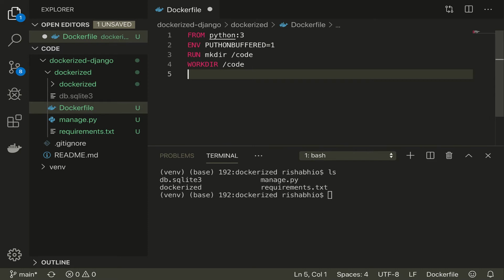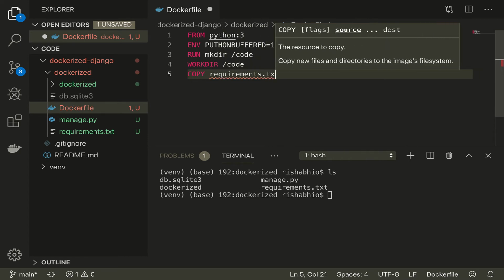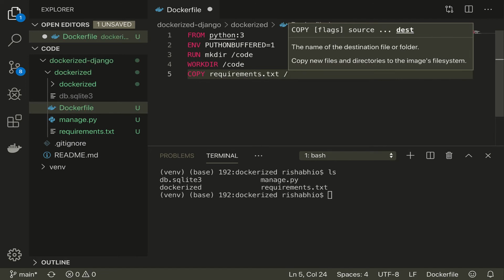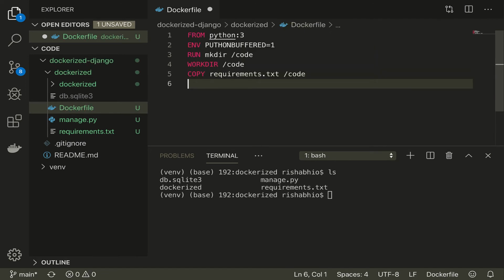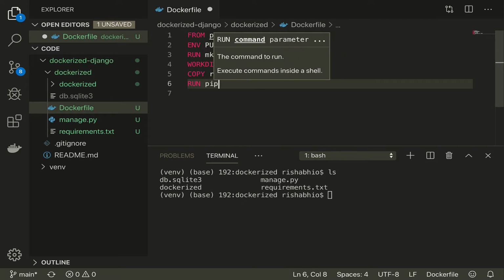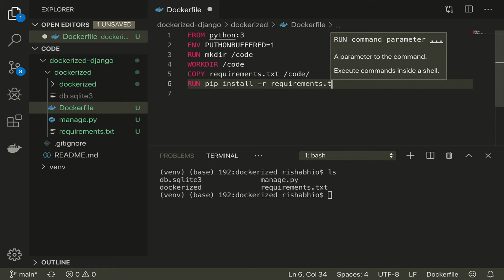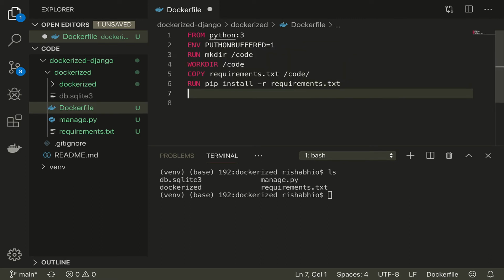The next step is to copy my requirements.txt to code, with a slash here, and then run a pip install so that all my dependencies are installed inside of this image.